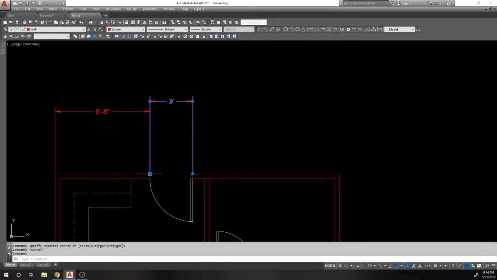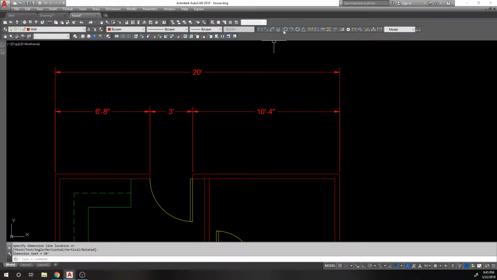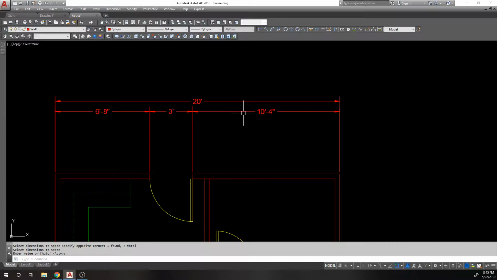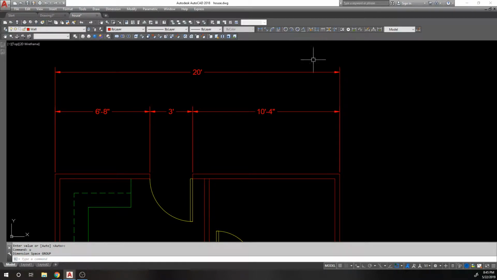Like I say, if I had the baseline dimensions like we did earlier. So say we have a string of dimensions, let me see here. So we've got this, and then we've got maybe an overall, but it looks too high. You can get it closer and in line, and it'll do that. Or select all of them. I think whatever one you select first, the other one gets matched to. So if I select this first,